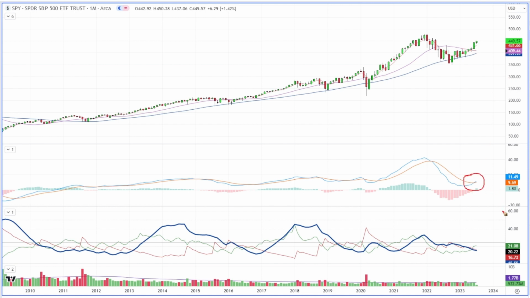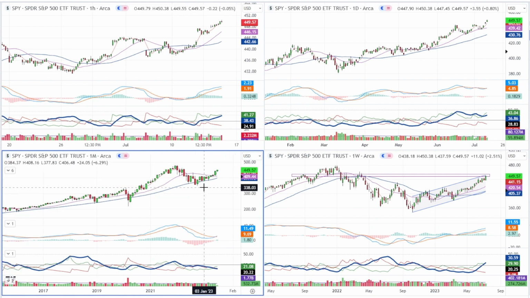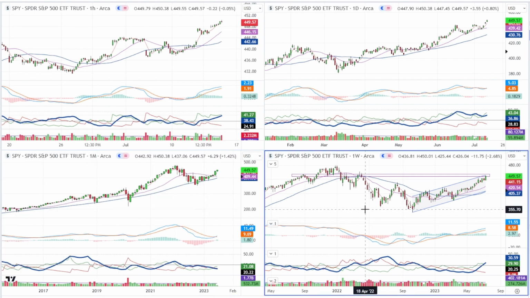The good news is the MACD did cross over its signal line, and that improves the bias on this time frame. It's still neutral because the green just isn't strong enough in my view to call this a bullish momentum characteristic, but it's definitely better than it was. It's certainly better than it was here when it was way overbought and starting to work down. So it's sort of encouraging signs on the longer term time frame, but it is getting ahead of itself,